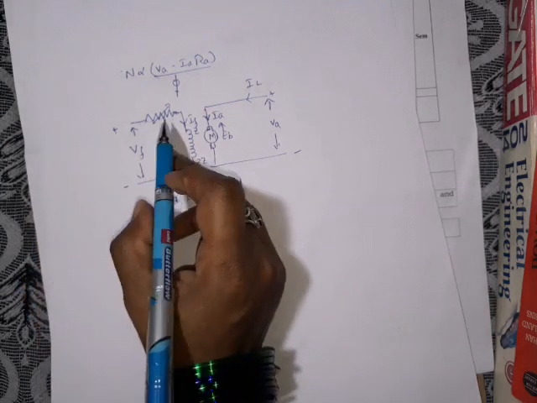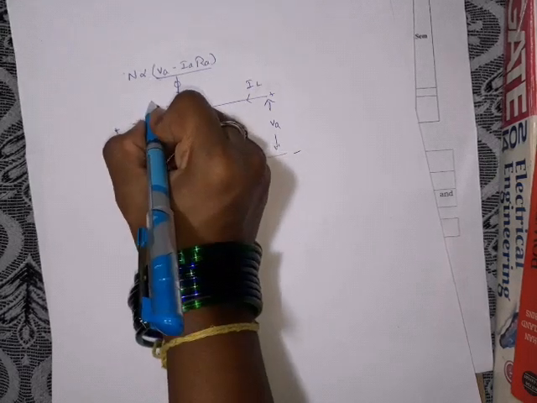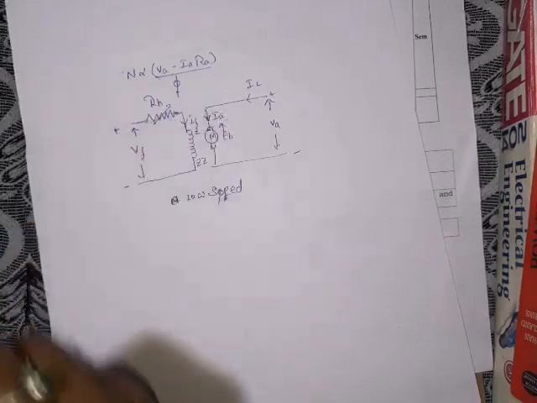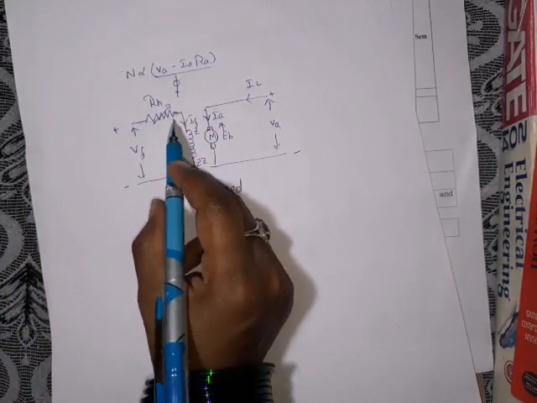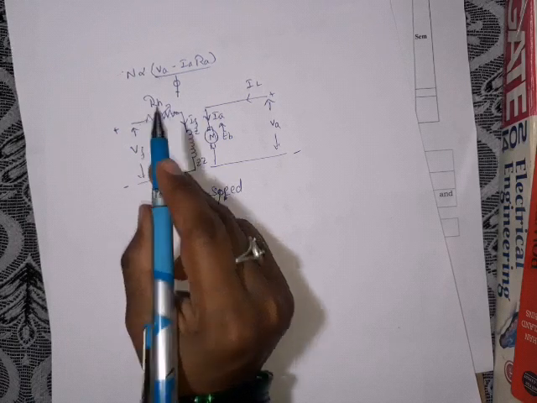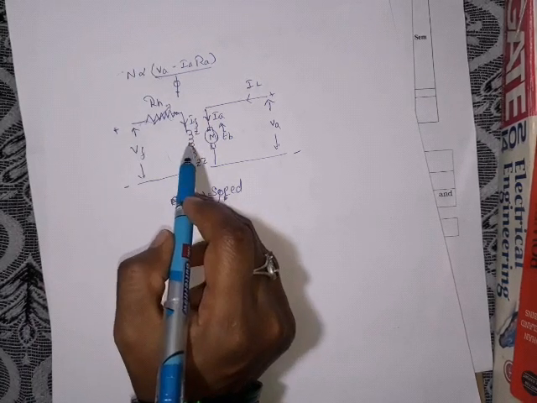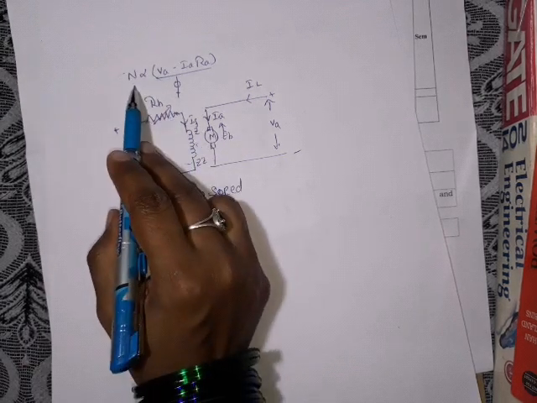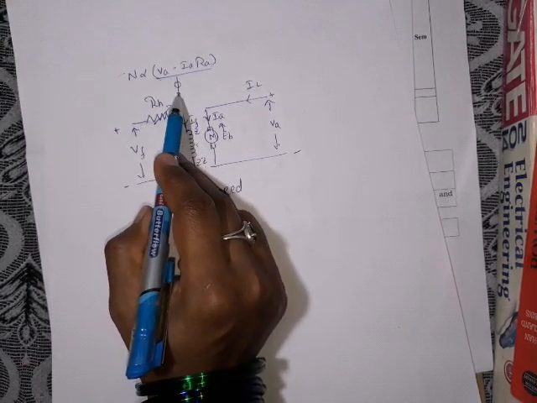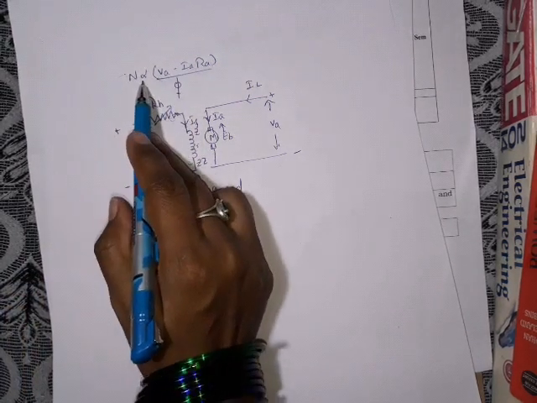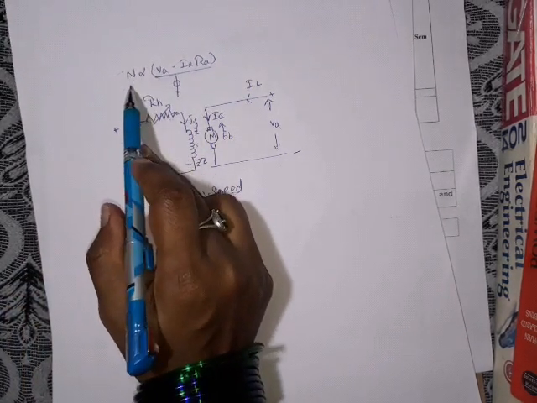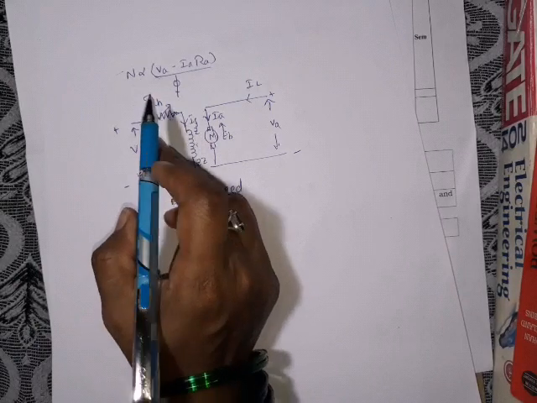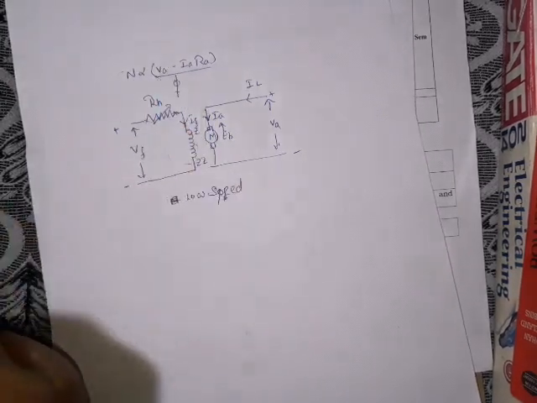Why? The rheostat is in cutout position. Let me write it as RH, rheostat. I have kept this in cutout position. Maximum current flows in the field winding. Maximum flux is produced. Since N is inversely proportional to the flux, speed is low. The motor runs at very low speed. I need to increase the speed gradually.